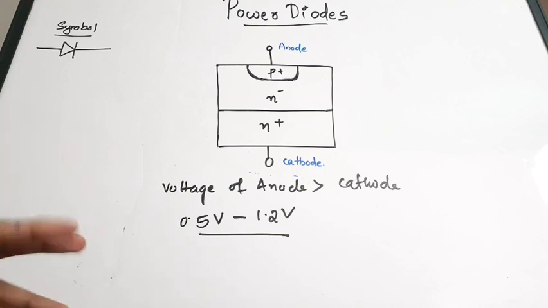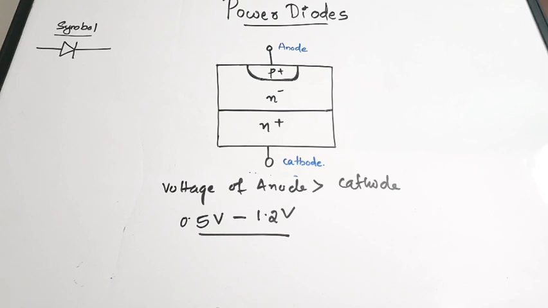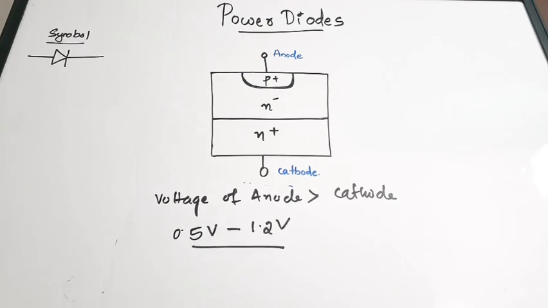Okay, it is actually small. And also, if you observe the curve, that is the VI curve of a diode, it is almost similar to that of a normal diode. But there is again another curve which is called the reverse recovery curve that you have to study for power diodes. Okay, so next we are going to actually discuss this VI curve and the reverse recovery curve.